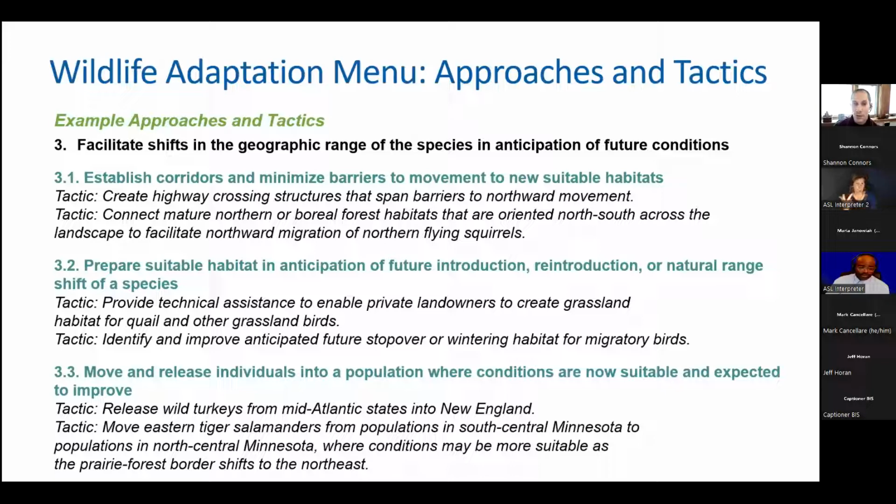In blue, those are yet more specific approaches. And then for each approach in the full narrative version of this wildlife adaptation menu, we provide a couple example tactics. These are real world applications of this approach. So just showing a couple there, again, to give a flavor of the specificity.